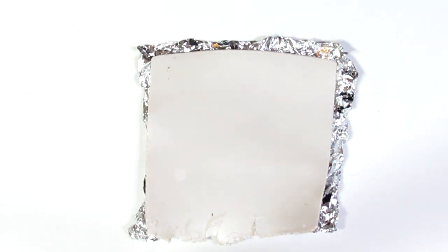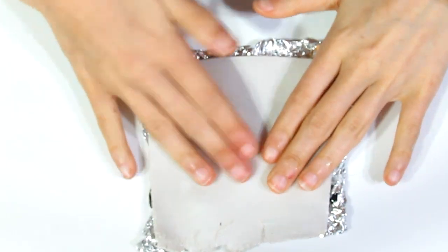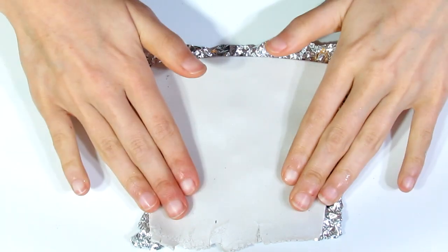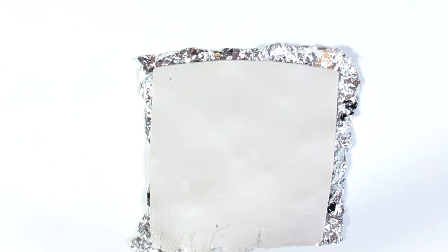Like so. I've got a rag off to the side here where I'm drying it so that I don't end up with too much liquid clay. Gently press that down. I'm not pressing it down too much, just enough that it should stick a bit. And then I'm going to bring over a piece of paper because I want to be able to move this, because I don't want this stuck on my workstation, because I won't be able to record anything else otherwise. So I'll take that, like so,